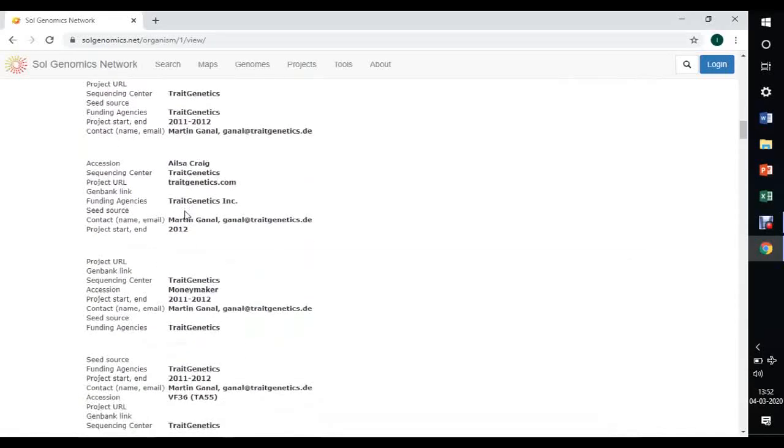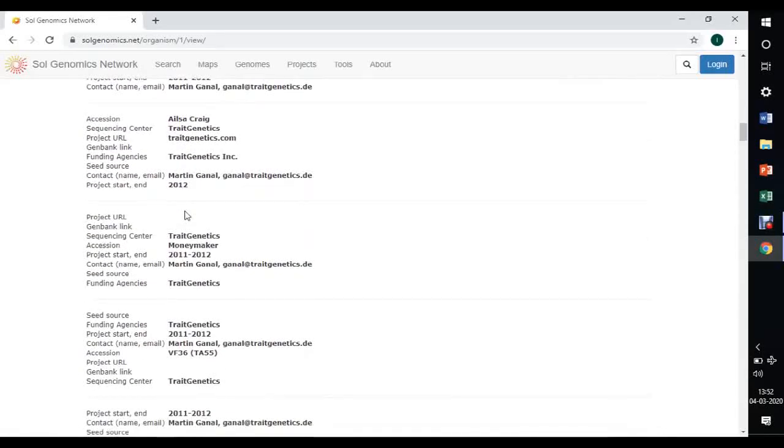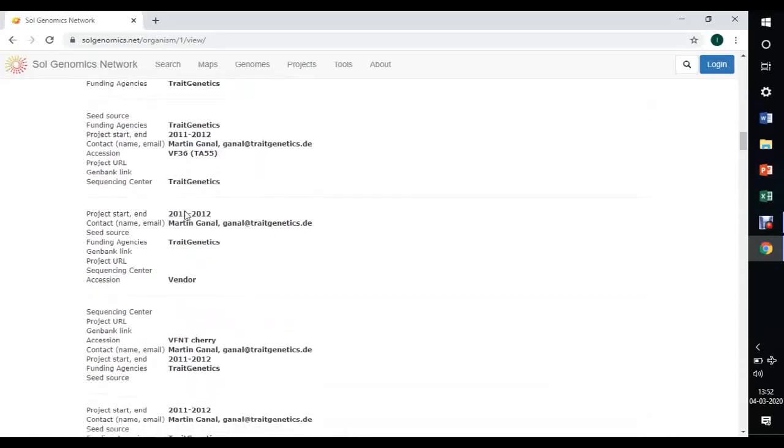And you can see the details of the 100 genomics project. In each project you can view the details.